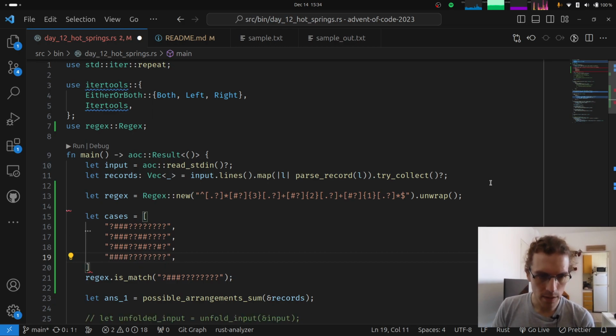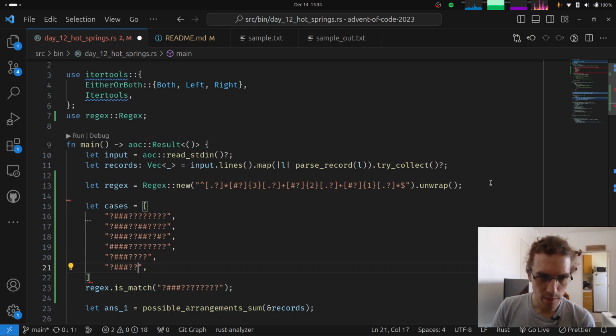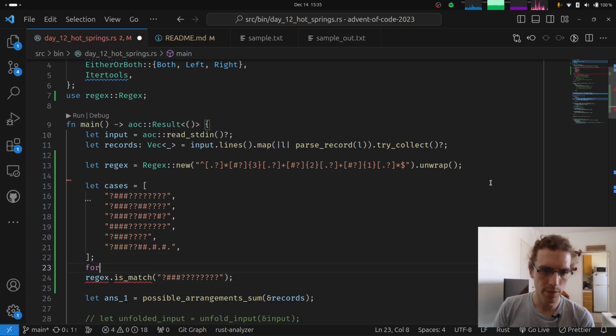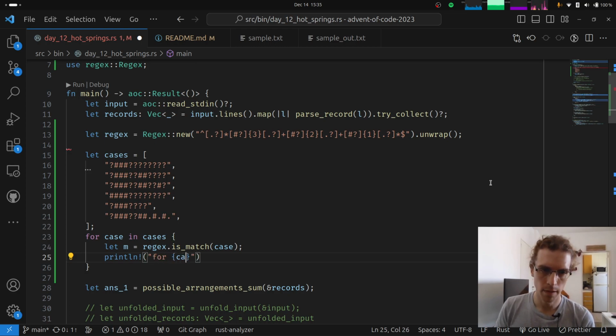One where it doesn't match because it is the beginning, one that doesn't match because of length, yeah, one that doesn't match because, well, there's a 2, there is a 1, but there is also another 1, okay, and then, hey, for case in cases, let's do is match that case, and println for case if it's a match. Okay,